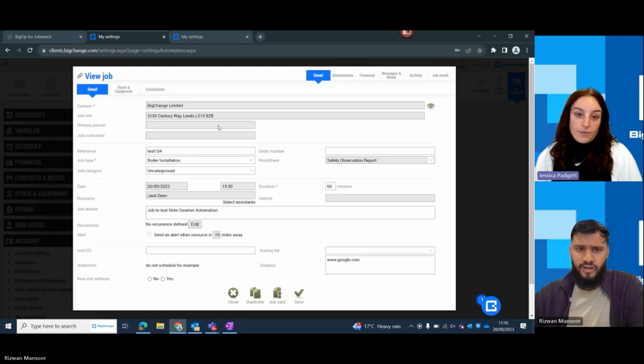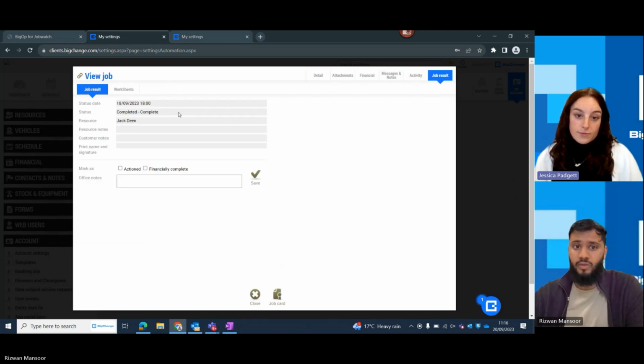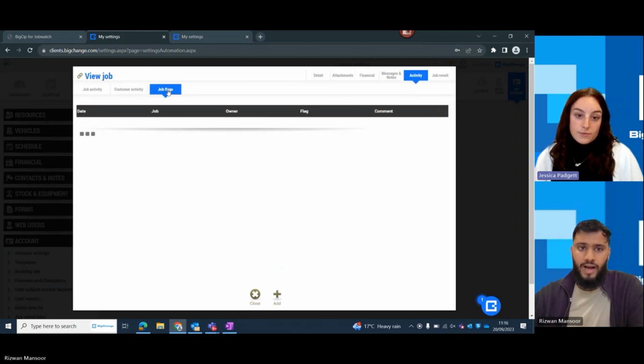Just going through the trigger filters, the contact name is BigChange, the job type is boiler installation, the job is completed, and it's completed with a positive result. And then within the activity tab, within the job flags, we're able to see a created flag assigned to the job. That automates the processes for the admin users. You're able to see individually which jobs are ready to invoice, in which case you can simply go into document,